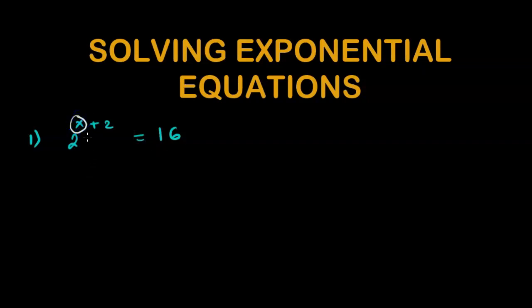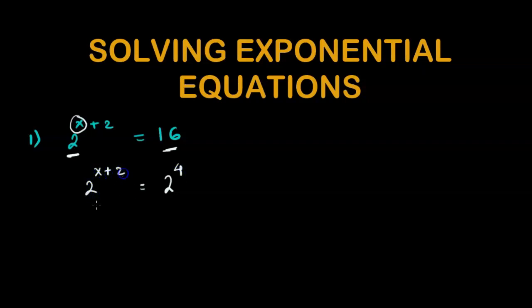Now whenever we are supposed to solve for x and x is a power, that means it's an exponential equation, we try to make the bases common on each side of the equal to sign. Here we have 2 to the power of x plus 2. Here also we would try to change 16 as a power of 2. So we would get 2 to the power of 4 is 16, and then we have 2 to the power